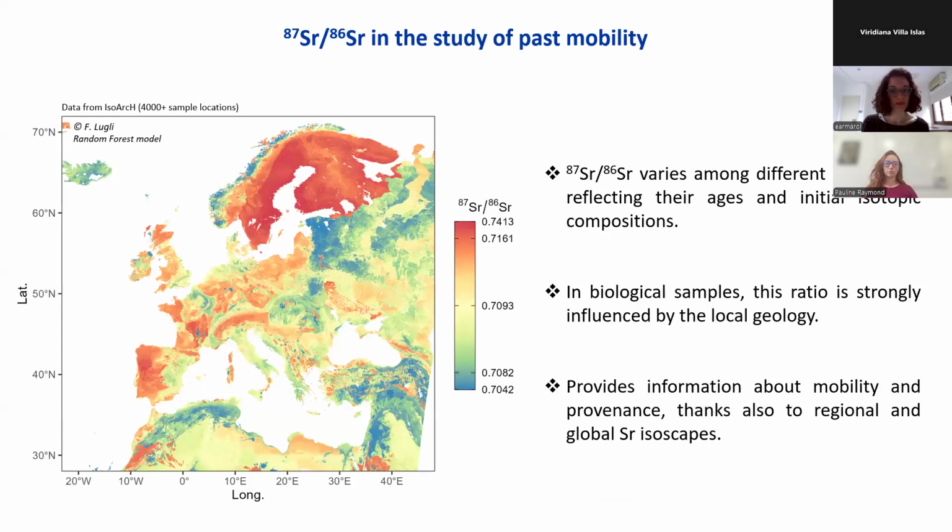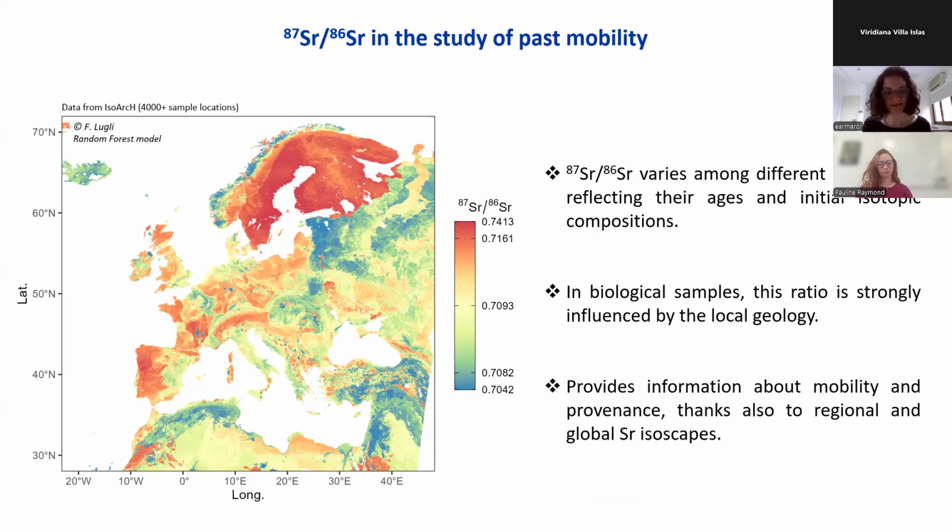For strontium, we use the ratio between strontium-87, which is the product of the radioactive decay of rubidium-87. This decay takes a very long period of time, so we can consider this ratio more or less stable for our period of interest, in archaeology in general. But it varies geographically among the different lithologies present in the environment. So according to the age of rocks and their initial isotopic compositions, it is possible